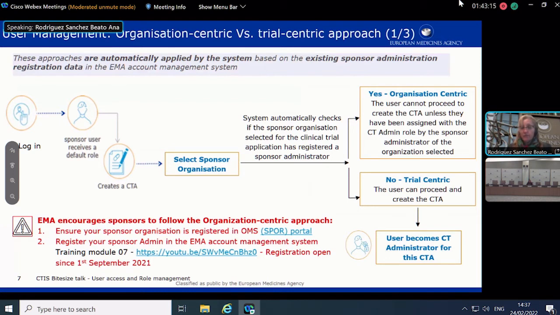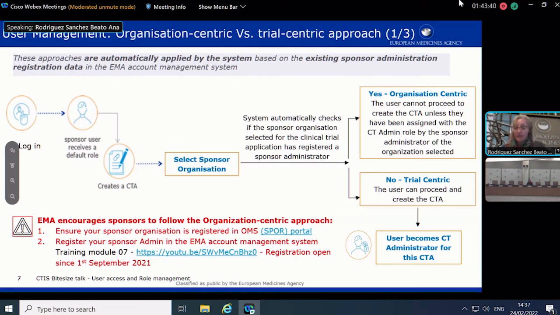So with this default role, you can initiate the creation of a CTA, which, as you know, the starting point, probably through training, is the creation of the EU number. And when you create the CT application, you will be asked to provide the title, and then you will be asked to select the sponsor organization linked to that application.